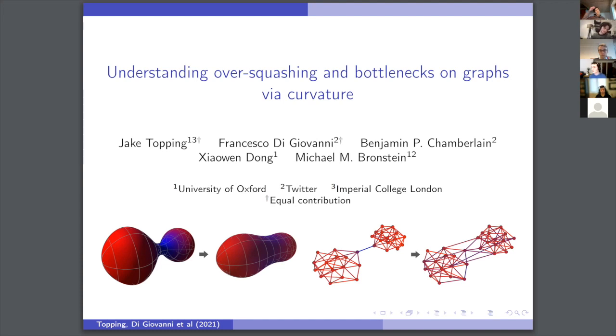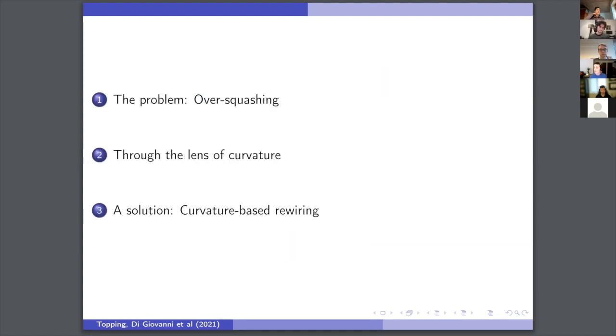Our paper that we're going to be discussing today, Understanding Over-Squashing and Bottlenecks on Graphs via Curvature, is an investigation into over-squashing, one of the ways that the flow of information can be distorted in message passing neural networks. We're going to appeal to ideas from differential geometry to try and quantify, identify, and begin to tackle this problem. The structure of today's talk will be first I'll open and we can hone in on the problem. Then I'll hand you over to Francesco, who will take you through the looking glass and construct some powerful tools and findings. And then finally, we'll wrap up with some implementation of the method and some results.